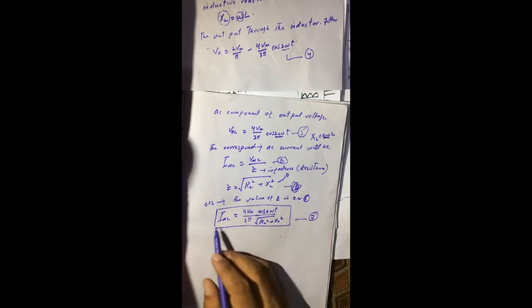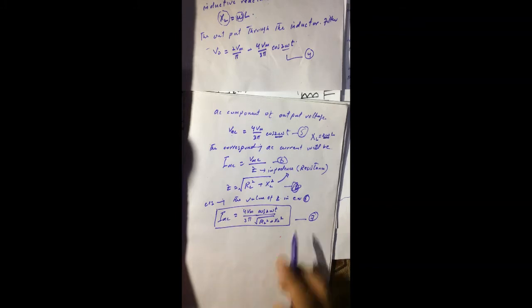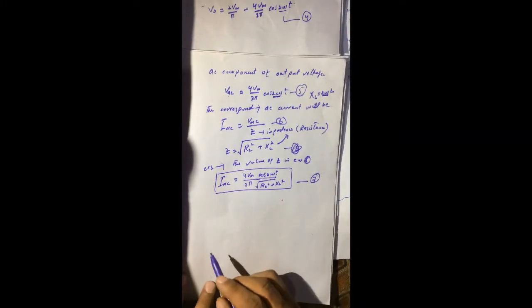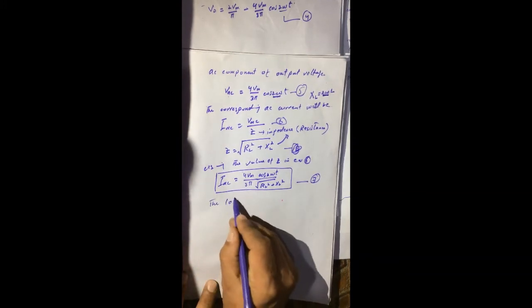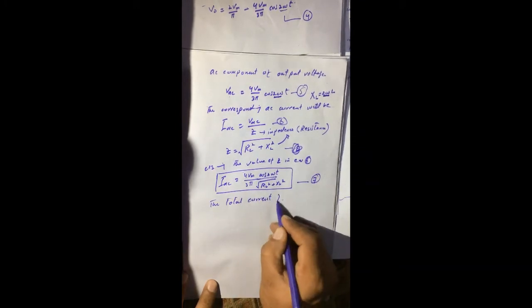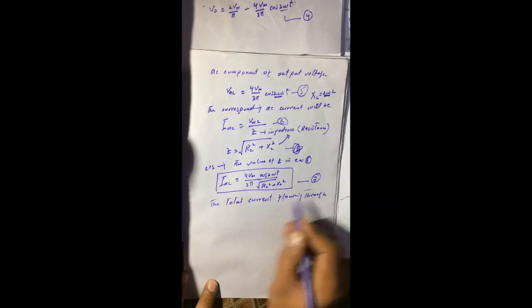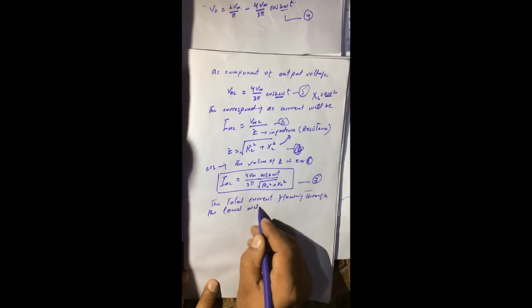So equation 7 represents the AC component of the output current of the inductor filter. Now the total current flowing through the load will be